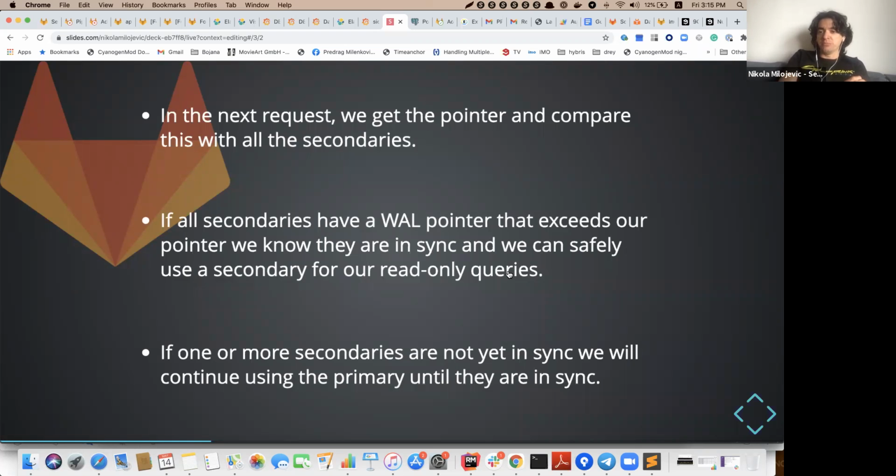So maybe this can be optimized: if we find at least one, use that secondary and give time to other secondaries to synchronize. There is no need to wait for all of them to be in sync, because each secondary is replicated separately. So maybe there is still space to optimize this and use secondary in more places, because